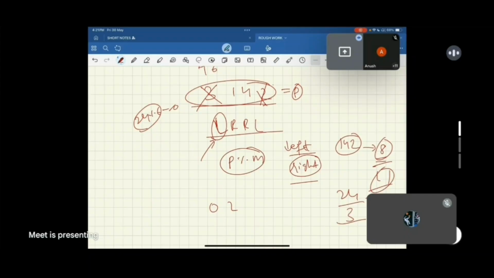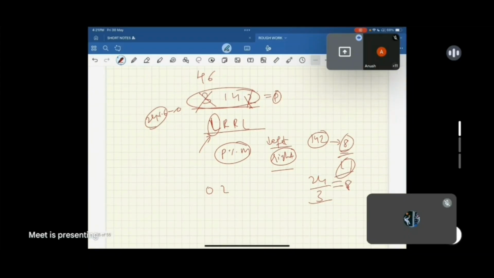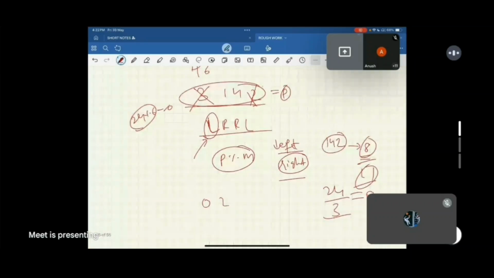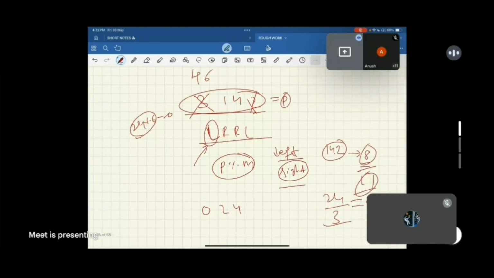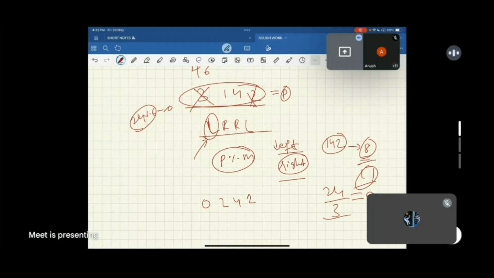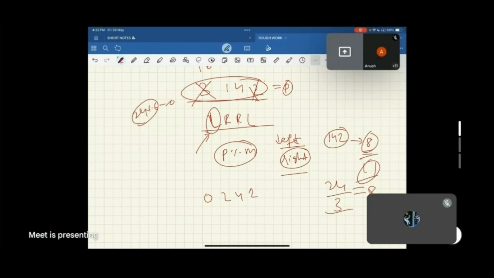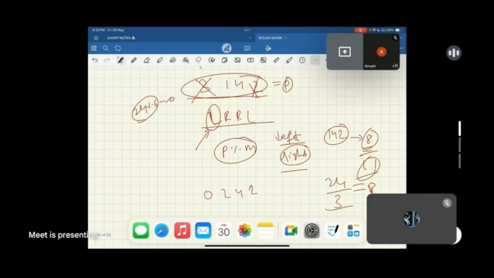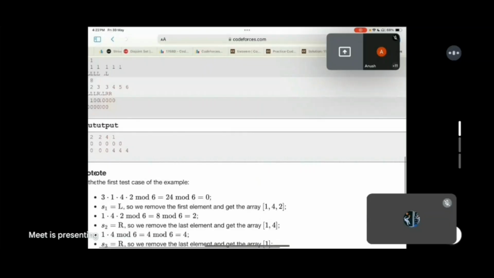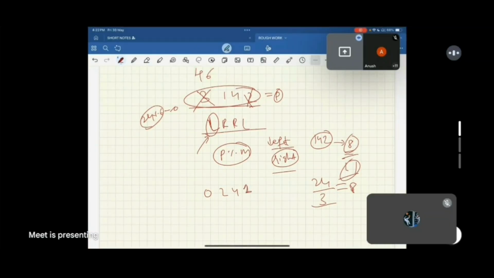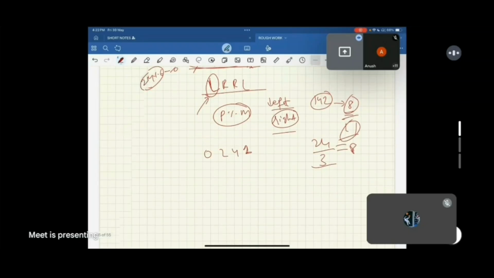So the simple approach would have been like this: 0, and 2, then after that 4, and then with 6 you got 1. 0 2 4 1 should be the answer, I guess, yes, for L R R. 0 2 4 1 should be the answer. Yes, this is the answer. So the thing would be this, but